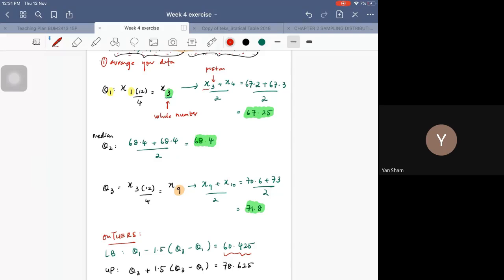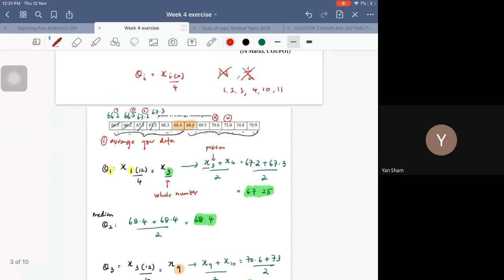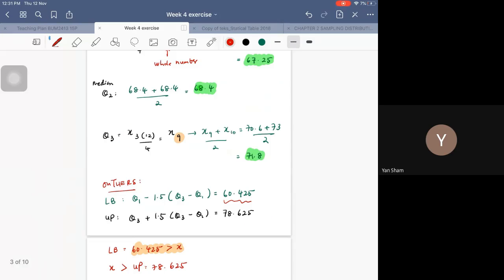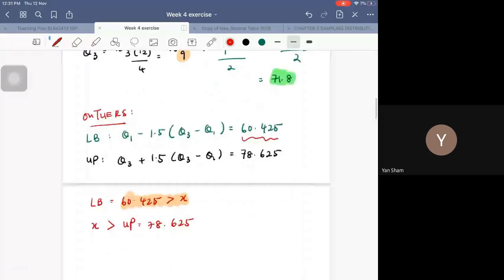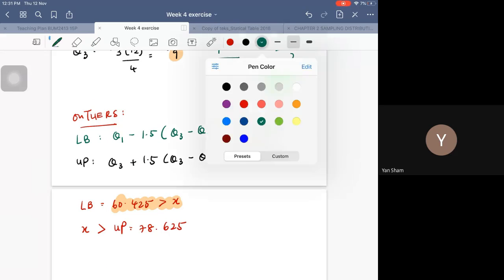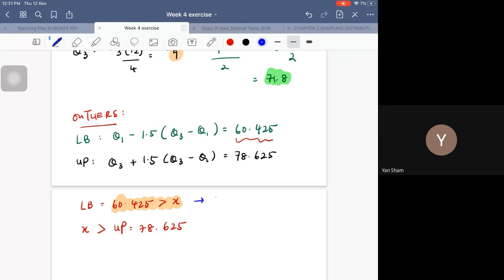Madam. Yes. Isn't the lower boundary for any value in the data that is lower? Oh yeah, that's right. Sorry, I was confused for a bit. Okay, so basically it's going to be an outlier. Thank you for pointing that out. So it's going to be an outlier if we have any value that is less than